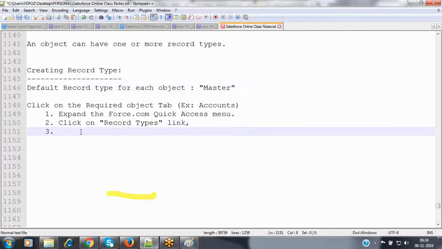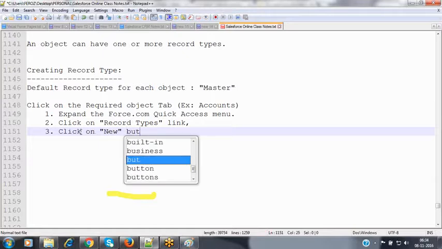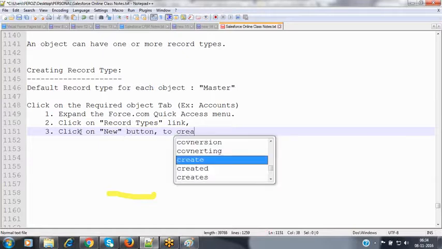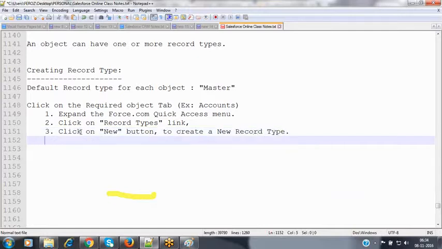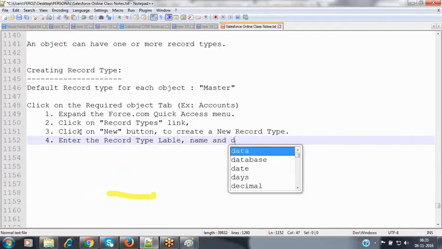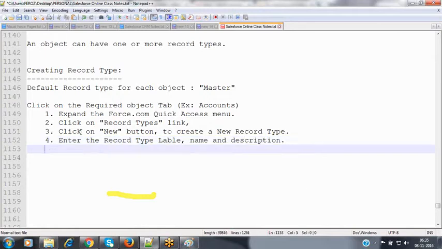Now, click on the record types link. Click on the new button to create a new record type. Enter the record type label, name, and the description.